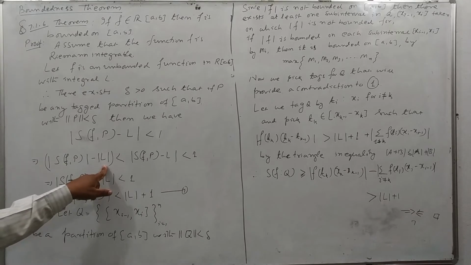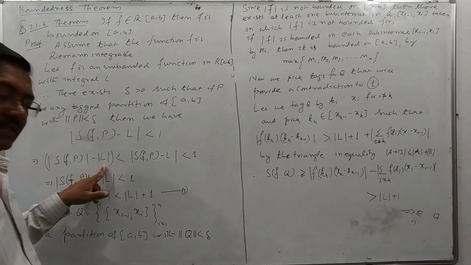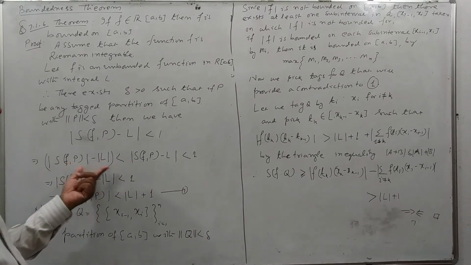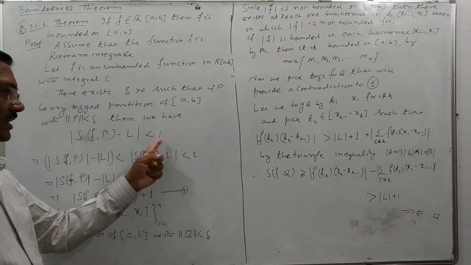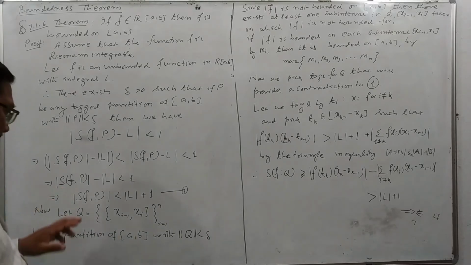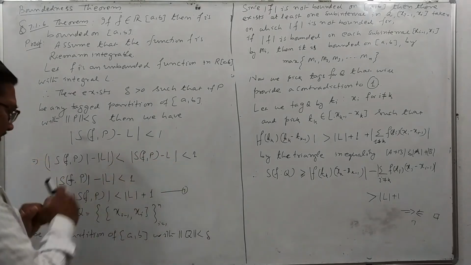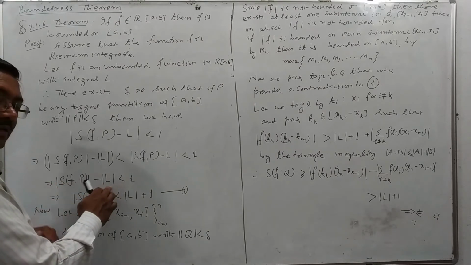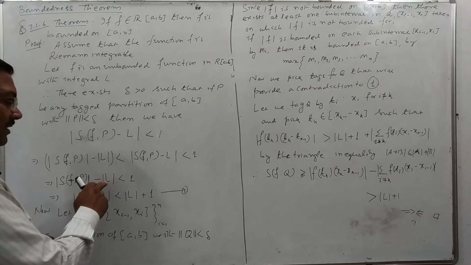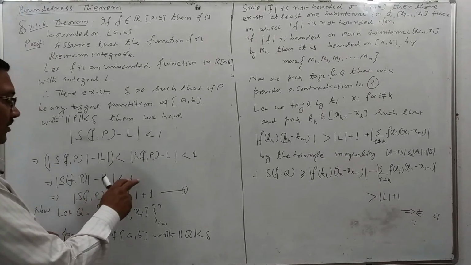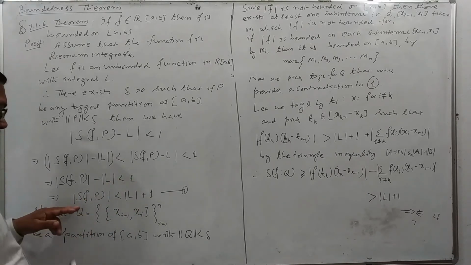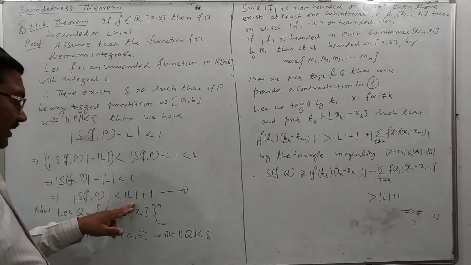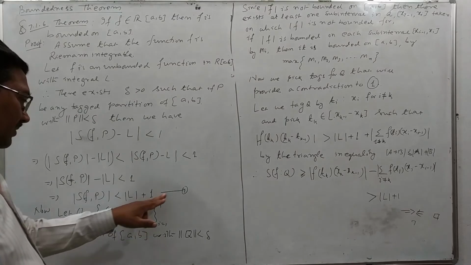The difference of two sides is less than the third in a triangle. So the subtraction is less than 1. Similarly, this quantity is less than 1. Adding the quantity absolute of L throughout, we get the Darboux sum of the function f corresponding to partition P less than the absolute of L plus 1. It is the first assertion.